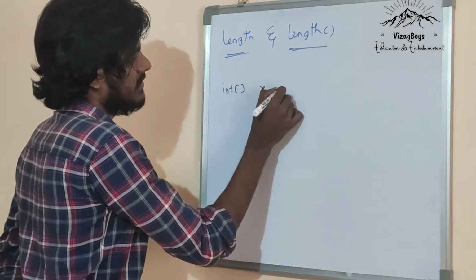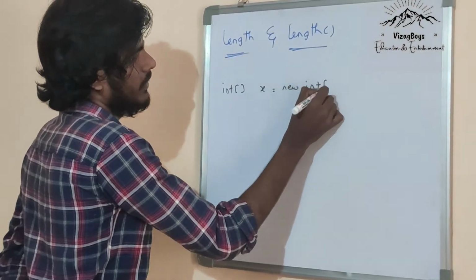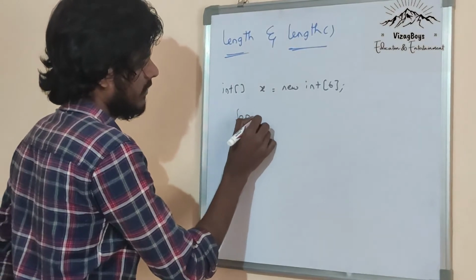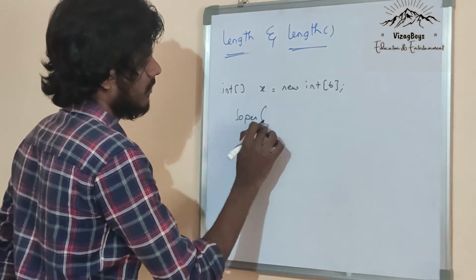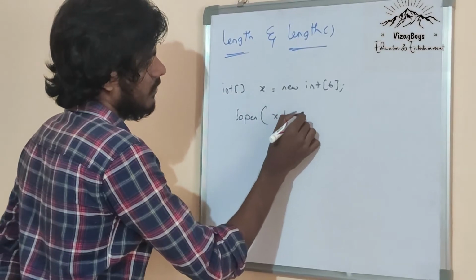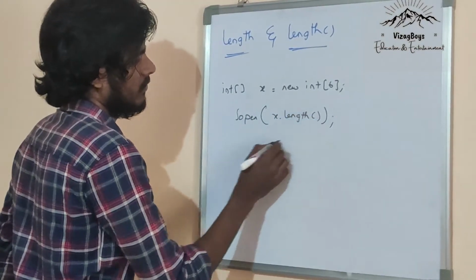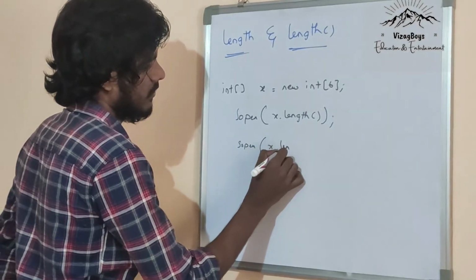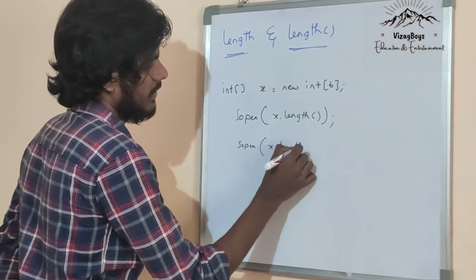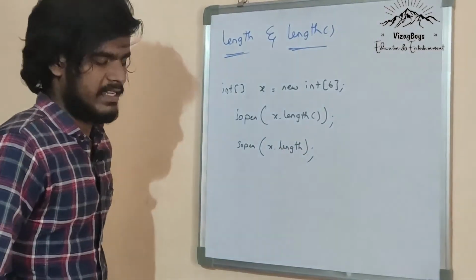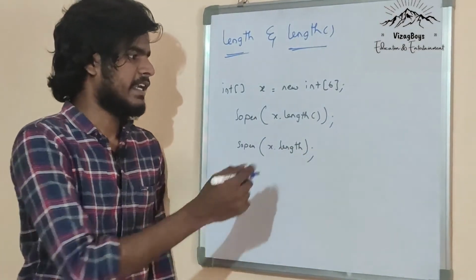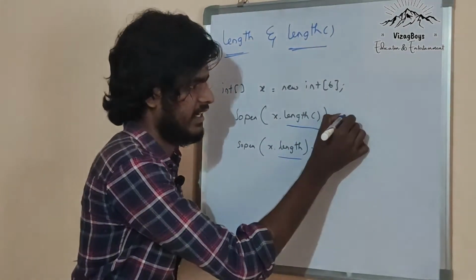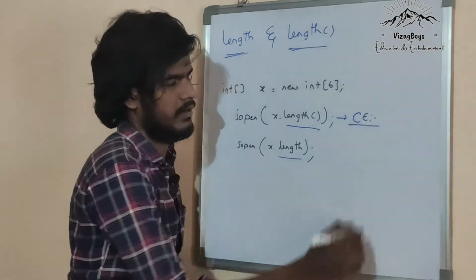int array x is equal to new int of 6. SOP x of length. Okay, listen carefully friends. Here it is the length method, here it is the length variable. Here we will get compile time error saying